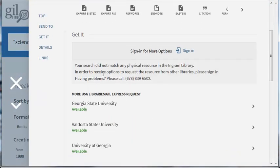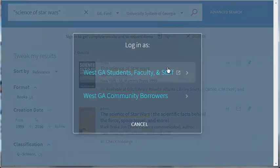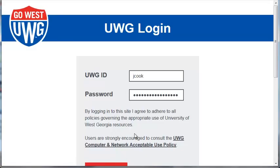And it says, your search did not match any physical resources in Ingram Library. In order to receive options to request the resource from other libraries, please sign in. And there's a helpful little sign in thing right there. So we're going to go ahead and sign in. And we're going to sign in as a faculty member. And when I do that,